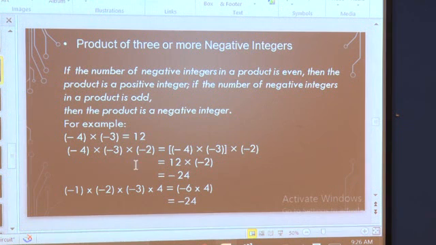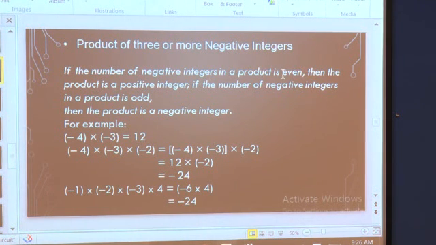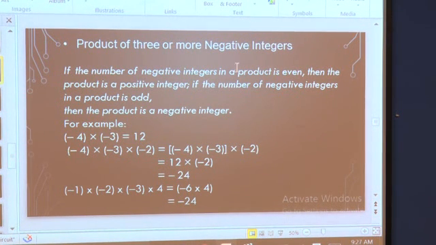I think everyone understood the simple trick. I will explain again. When negative integers are multiplied an even number of times, we get a positive integer, and when negative integers are multiplied an odd number of times, we get a negative integer. So in short you can say that when it is an even number of multiplications we get positive integers, and when it is an odd number of multiplications we get negative integers. Yes, I think everyone has understood this. You can write your own integers and do the multiplications.